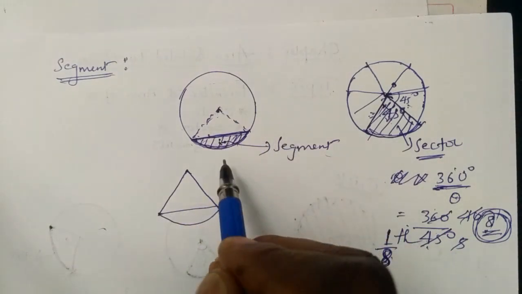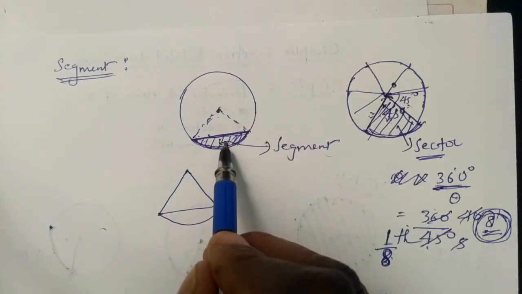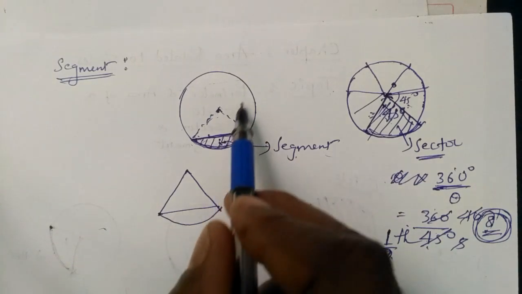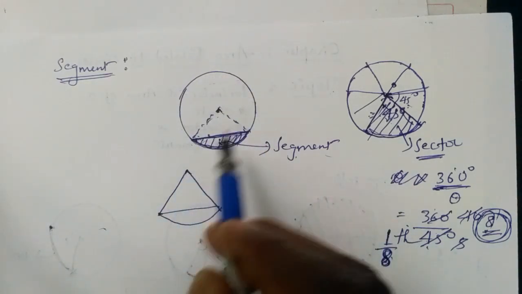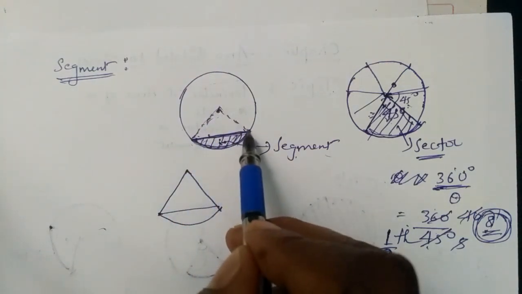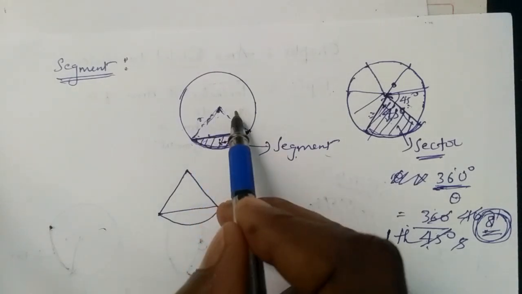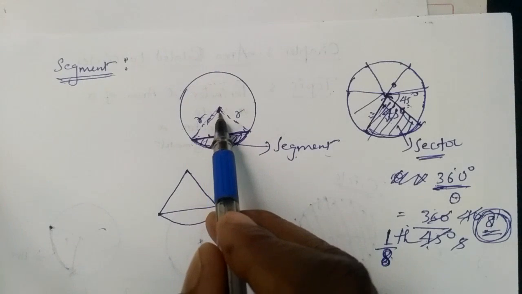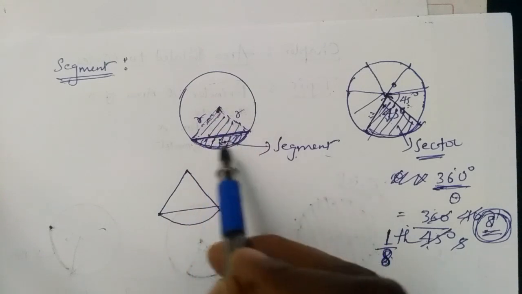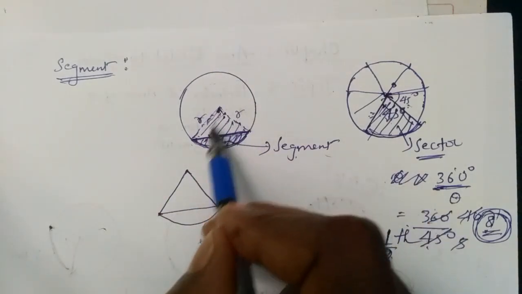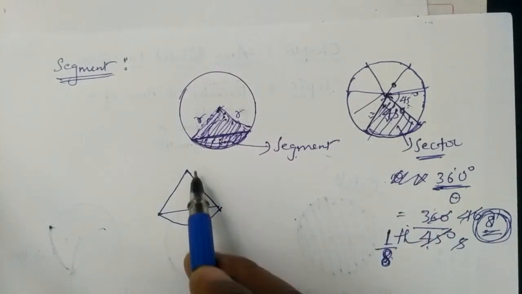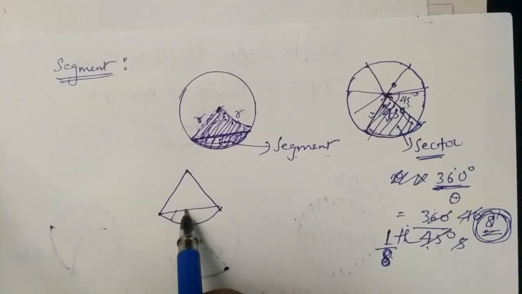Then we follow an alternative method. There is no direct formula to find the area of a segment, because equal segment division is difficult within the circle. So we follow another method: first we join the ends of this chord to the center of the circle. These two are radii. Now if you shade it like this, what shape will you get? You will get a sector, correct? No, actually we want the segment area. We are following an indirect method: first completely shade this, and it is called a sector. In this complete sector, actually I want only this part.